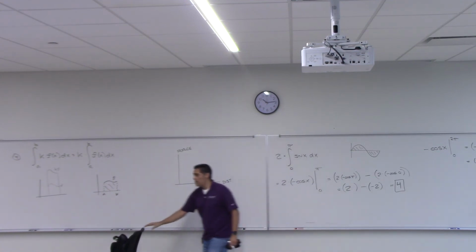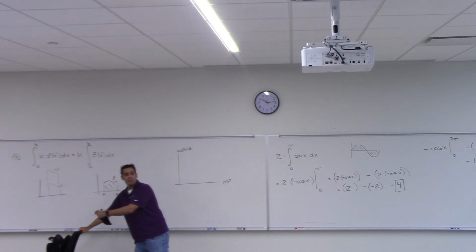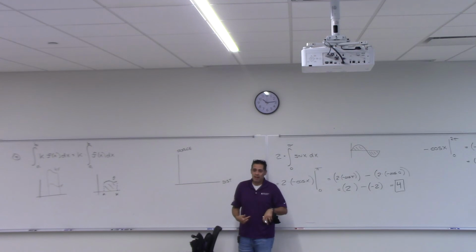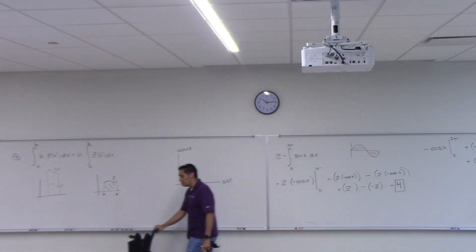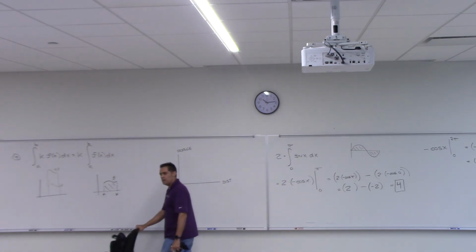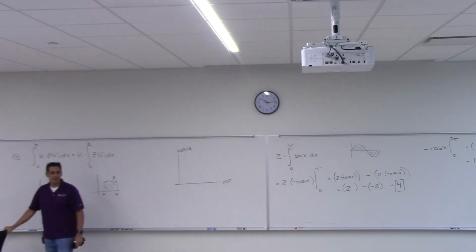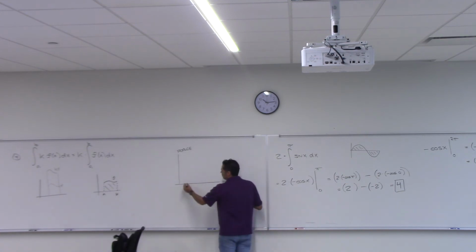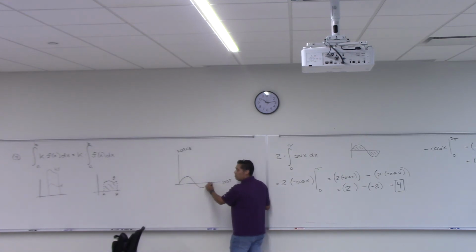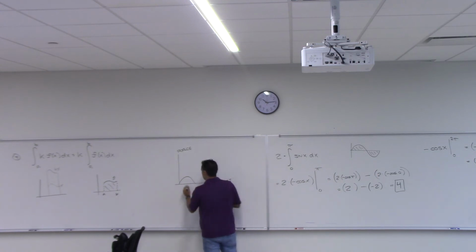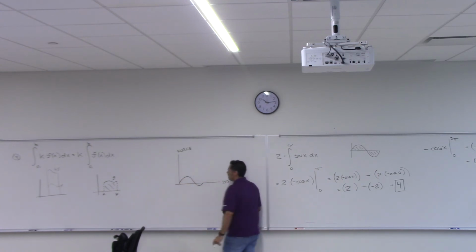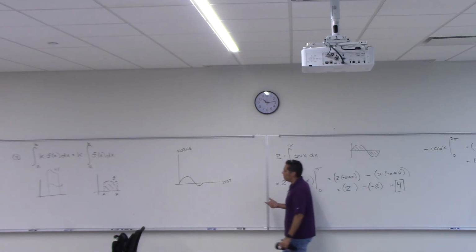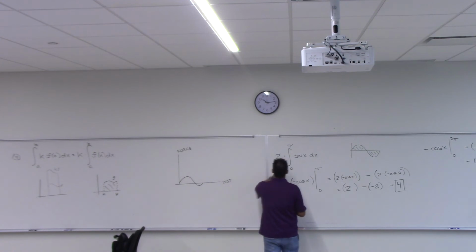If I go forward or backwards, that distance can be positive or negative. Anytime we talk about distance, one direction has to be positive and the other direction negative. So this would be positive distance, and then if I bring it back and go like that again, I've got some negative distance in there. So you could wind up with a graph where things go below the axis, maybe not a sine function like this, where your force could be considered negative. And then the area, what's really cool about the integral is that,